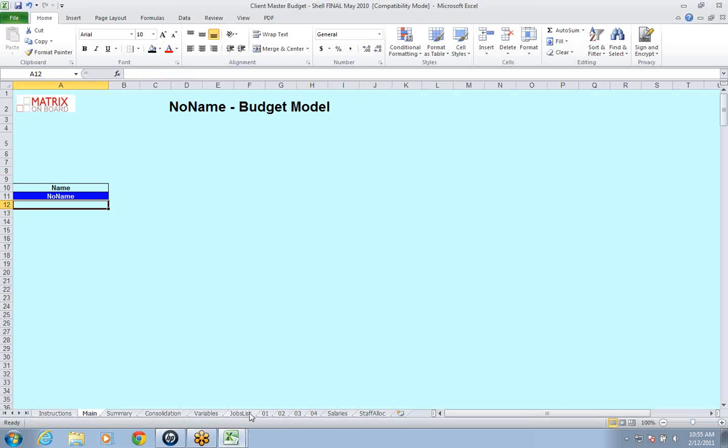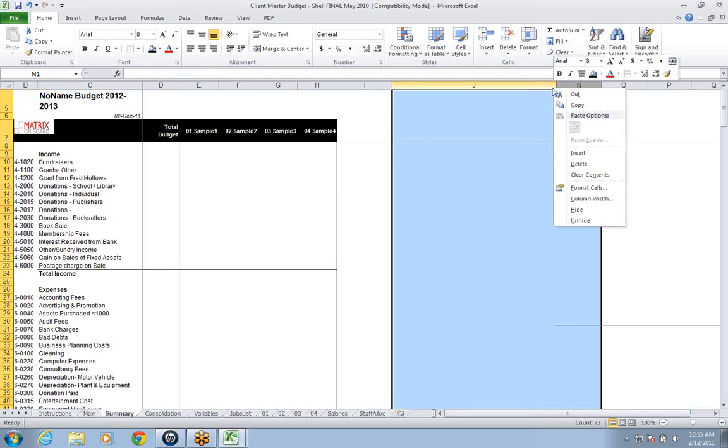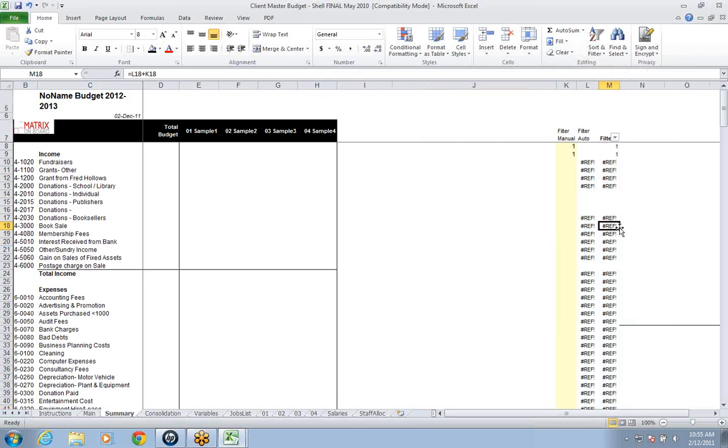I'll just show you one other function though in the file, and something that's quite helpful sometimes when you've got a lot of unused accounts is to have this filter set up to work. So what's happening now is we're getting a reference error for some reason. It's probably because some cell's been deleted. What I like to use is a formula that just says